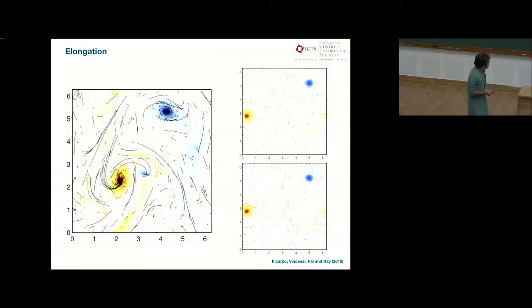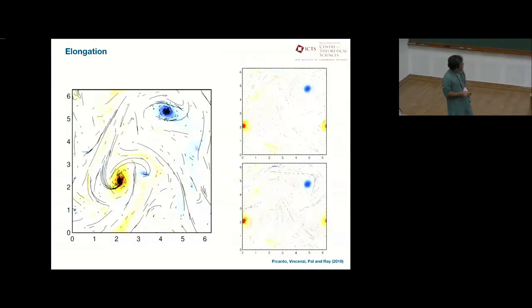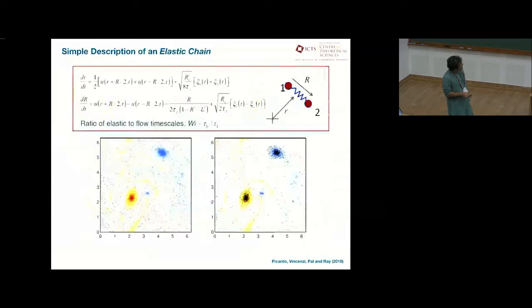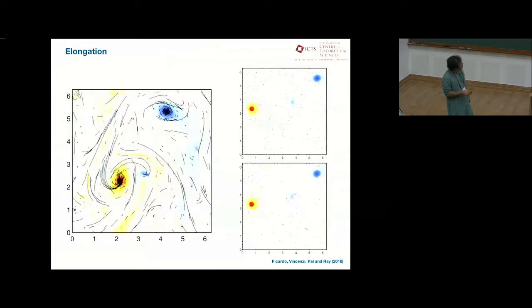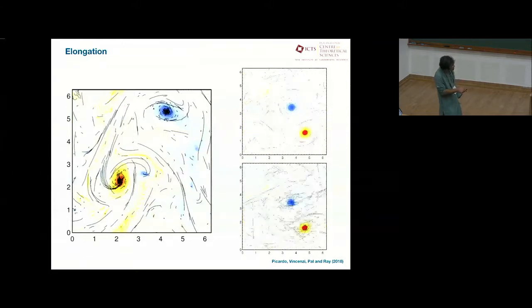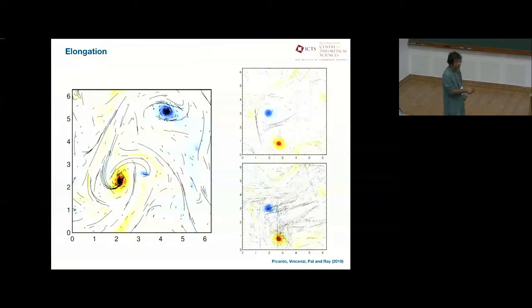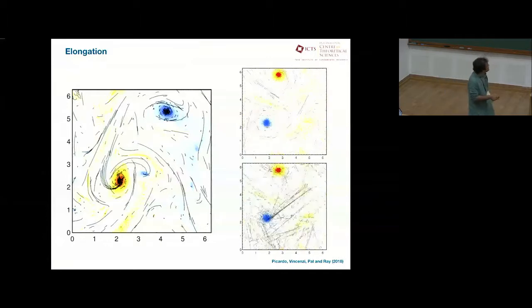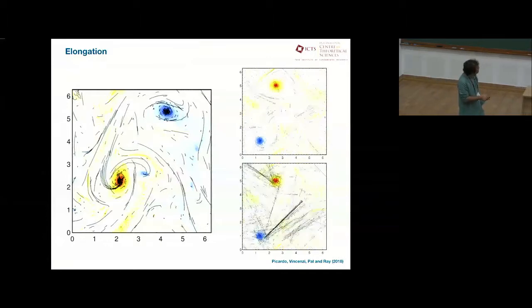How does that happen? Here we were looking at the center of mass positions. Here, Jason plots the full chain length. As you can see, these are vortical regions. Away from the vortical regions, the chains are stretching out. And this will play a crucial role, as I hope to explain in the next couple of minutes.